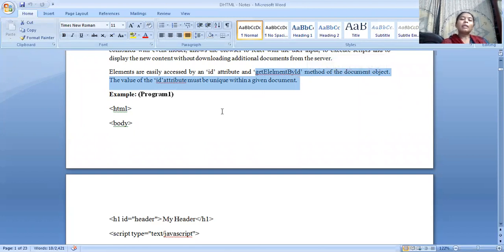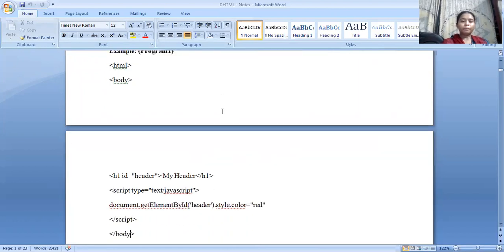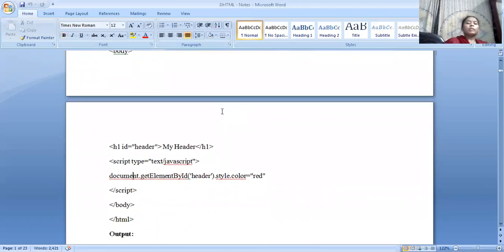Let us see one example. Now this is my example. My id attribute here is header, and in my h1 tag I need to display header. In the script tag, getElementById is a predefined method that we use here.